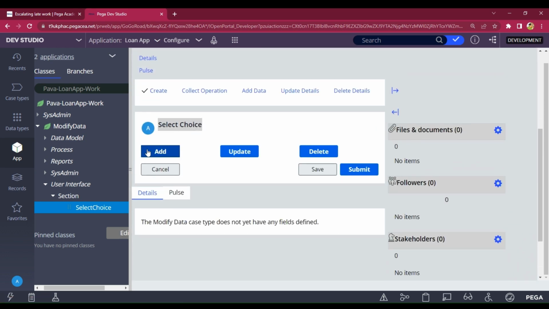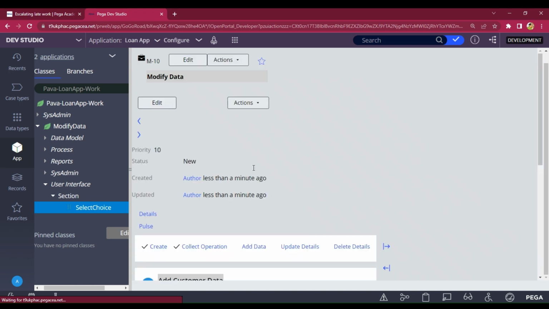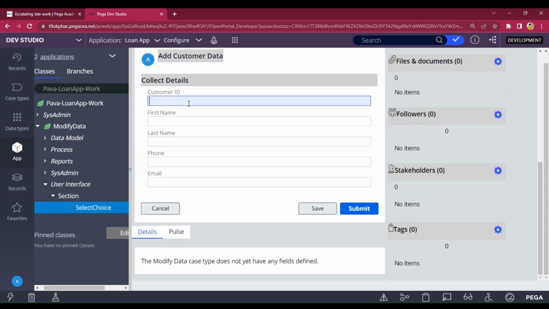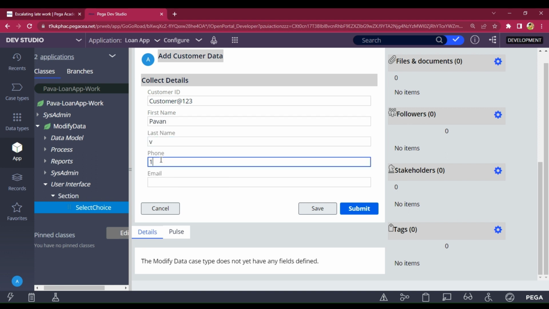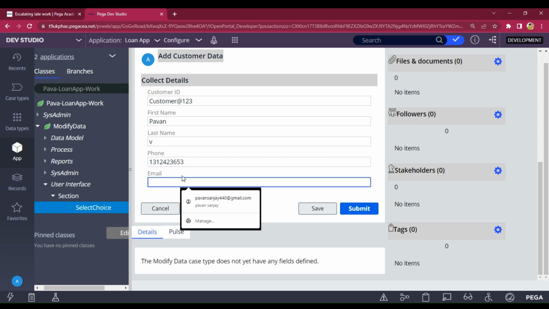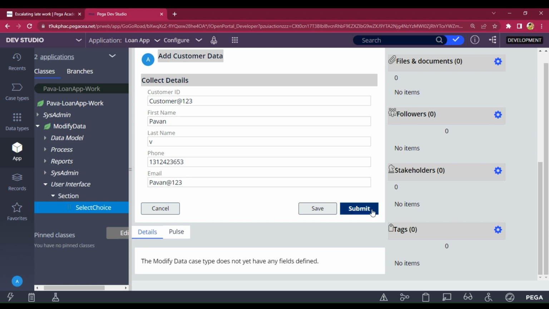You have to add, and here the details. I'm entering the customer ID as 123 and Pawan, and the phone number as 123. When I click on submit,